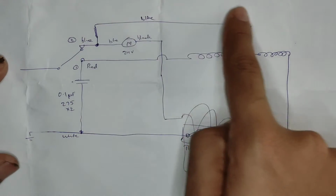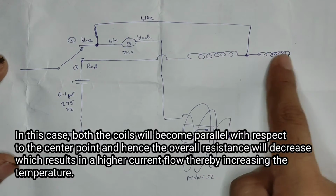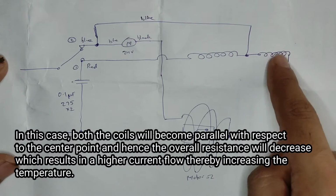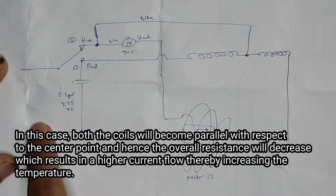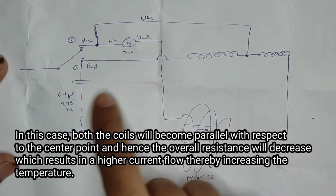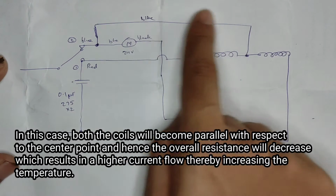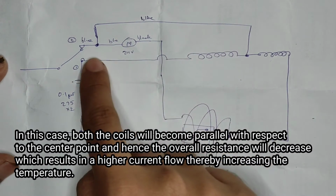Now this blue wire will receive the AC mains from here, and it goes to here, which is the first set of coil. So it's an easier path, going through here and to the neutral. So this will get really hot. Then at the same time, you can see this section over here. The AC mains is available at this point, so it has to go through here and through